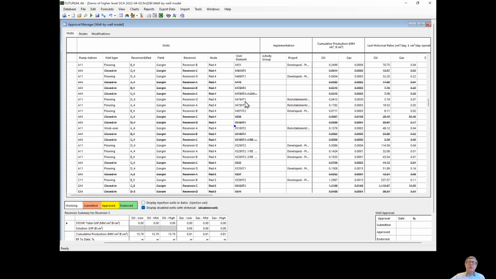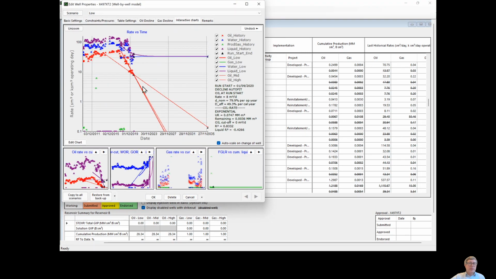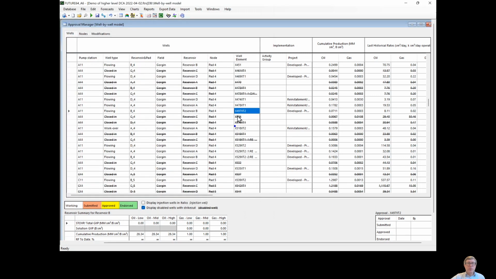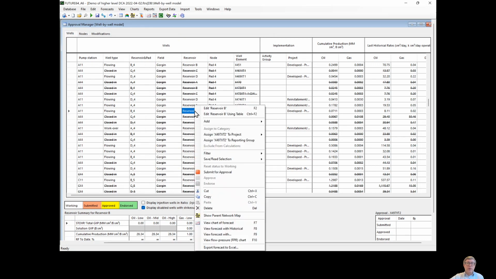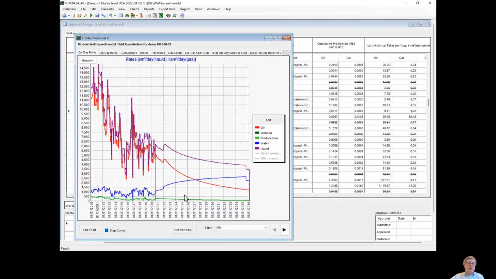and in a well by well form, you may well have done the decline analysis by wells, and then what you can do in Future is you can look at, for example, the reservoirs. You can look at the forecast with historical, first of all, in that form, but then also in the decline curve form of